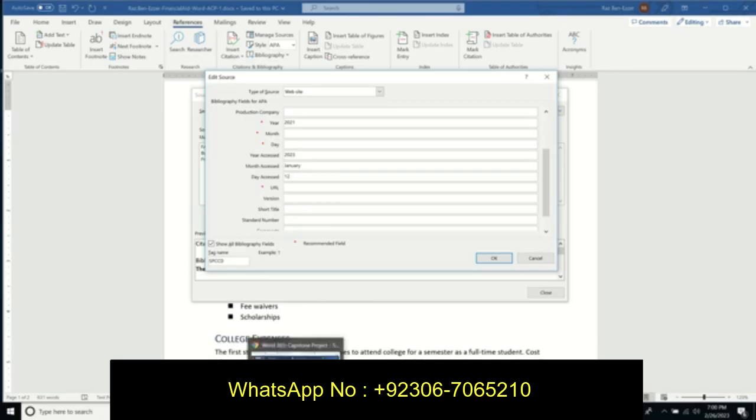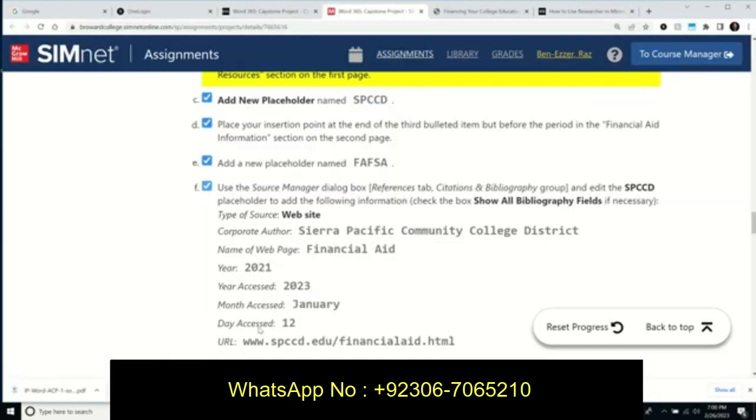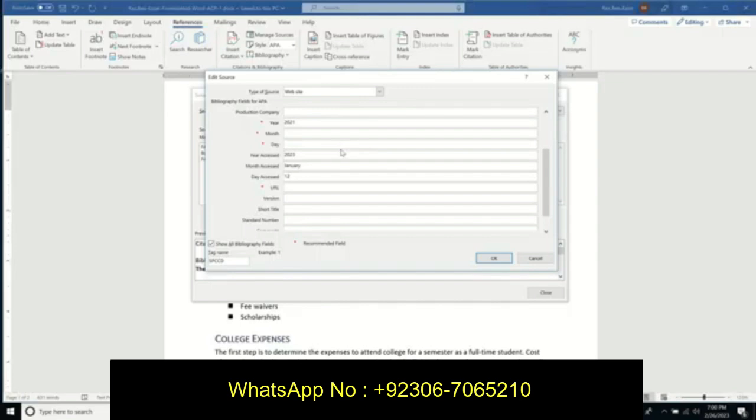And last but not least, they want the URL to be this thing, because it's a web page. Copy. And where I put the URL is at the very top. There's a field for URL. Web page name, editor, year, month, URL. Here it is. On the Mac, it's a little higher, but it's still the same name. So I just make sure that I copy everything from the W all the way to the HTML, to the L, and